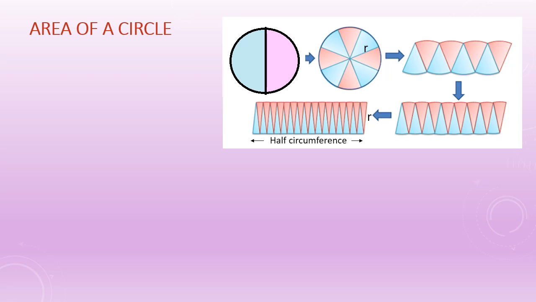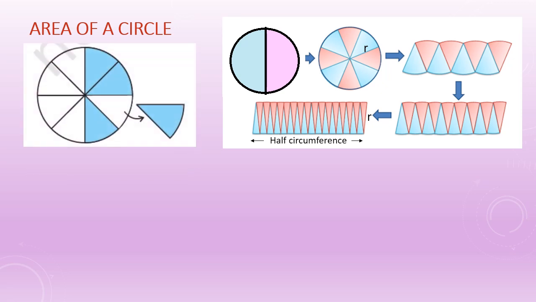Now take out each piece and you have to see it this way. You can cut the circle into 8 pieces, pick out the pieces like this and arrange them. It is shown here. Okay. Now you can see that it forms a parallelogram. So take one of the pieces and divide it into two parts and keep it on both sides. So you will get a picture of a rectangle.